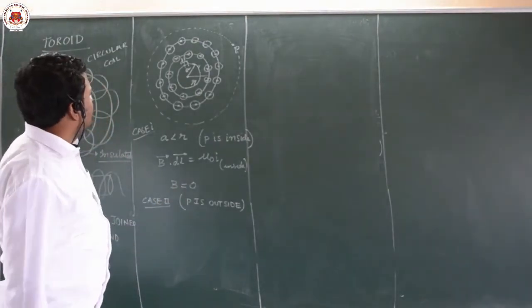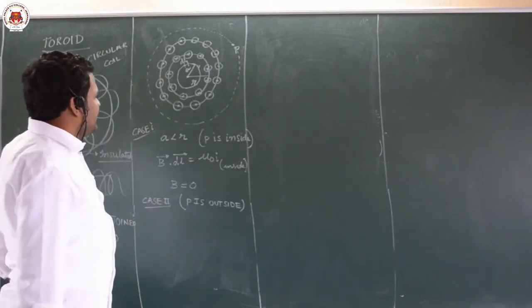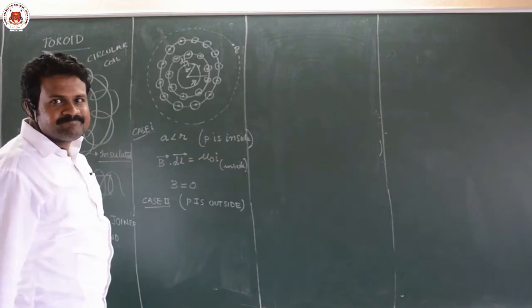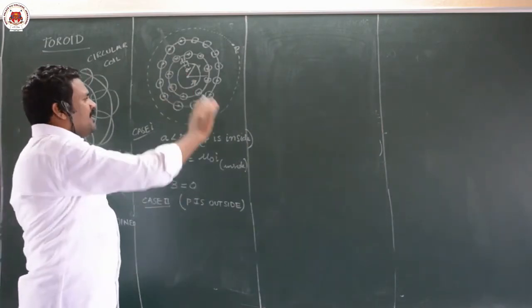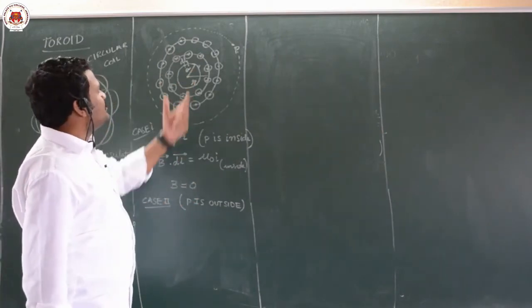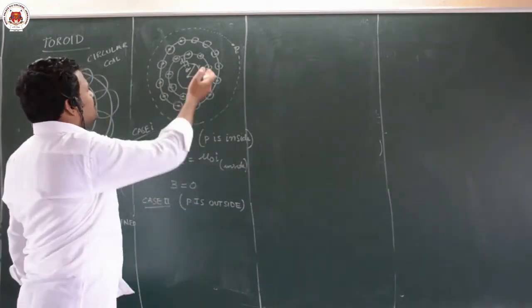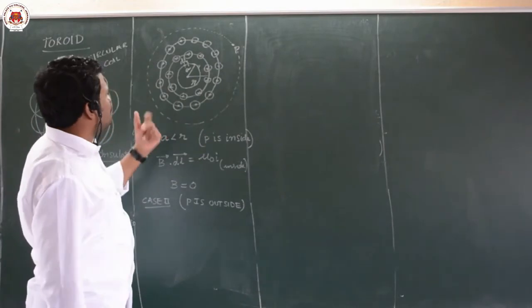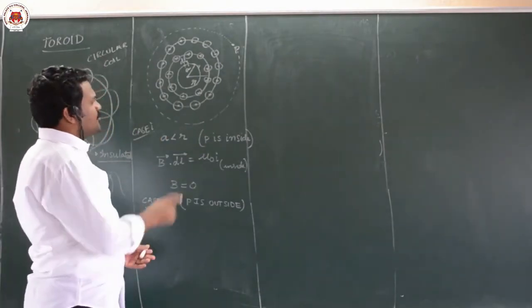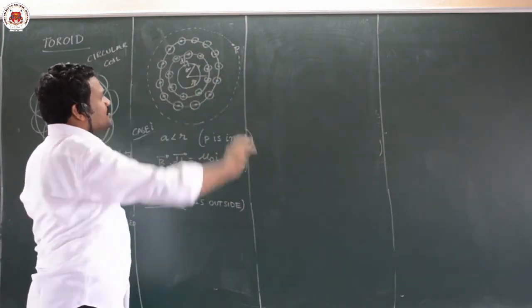Now generally students will think within this loop current is there. Within this loop, current is there or not? We will feel that current is there because the toroid is inside my loop. But here also the net current will be 0. For that reason only I have given these directions.